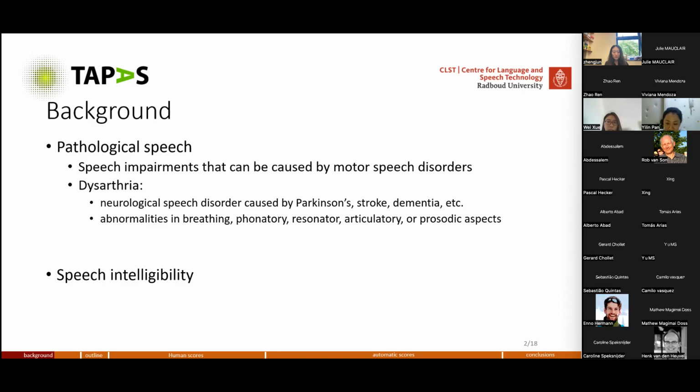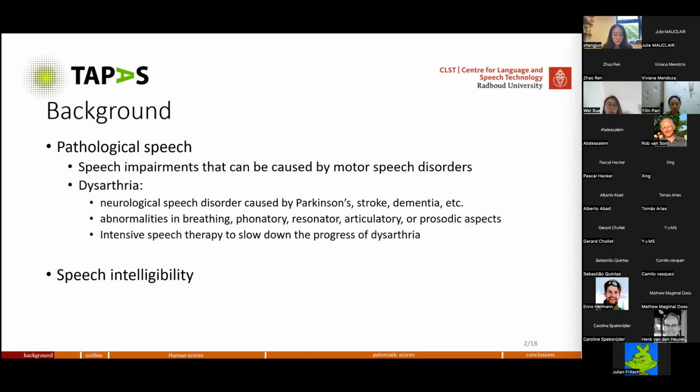And patients with dysarthria normally, because of this, suffer from losing control of muscles in their system, and thus cannot produce speech signal as well as healthy speakers. And because of this, these speakers gradually lose contact with their friends, families, and even society. So to help them, it is possible to take intensive speech therapy given by speech language therapists to slow down the progress of dysarthria. And to monitor the effectiveness of speech therapy and to identify the degree of speech impairment,